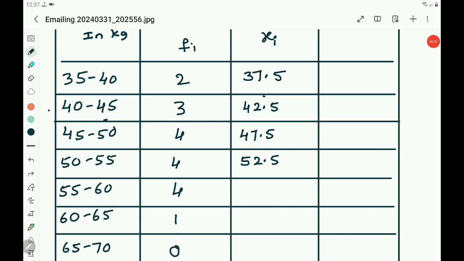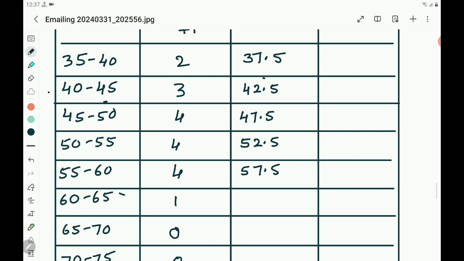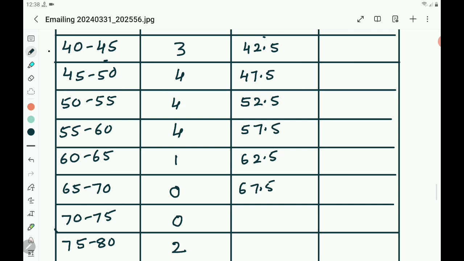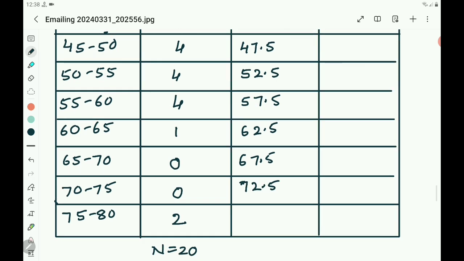115. 115 by 2 is 57.5. Next 60 plus 65. 60 plus 65 is 125. 125 by 2 is 62.5. Then 65 plus 70. 65 plus 70 is 135. 135 by 2 is 67.5. Then 70 plus 75 is 145. 145 by 2 is 72.5. Next 75 plus 80. 75 plus 80 is 155. 155 by 2 is